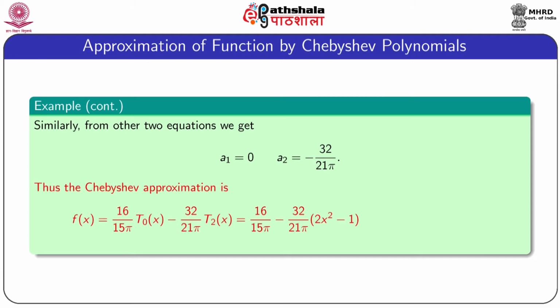So, using these values, the Chebyshev approximation of the function is f(x) equal to 16 by 15 pi into T0(x) minus 32 by 21 pi into T2(x), and after simplification this becomes 16 by 15 pi minus 32 by 21 pi into (2x square minus 1). 2x square minus 1 is the value of T2(x), and after final simplification f(x) becomes